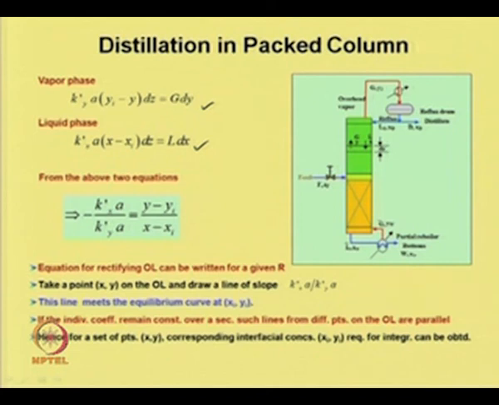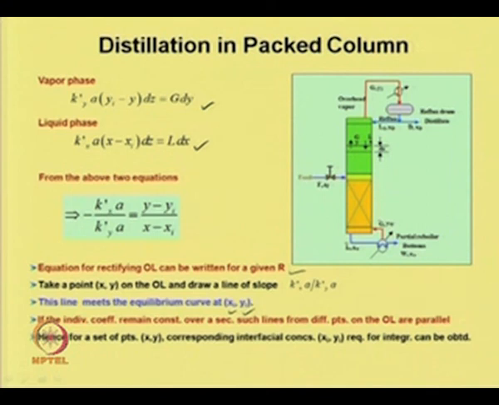We know the equation of the operating line for the rectifying section for a given R, and we can take a point x, y on the operating line and draw a line with the slope of minus kx dash a divided by ky dash a. So, this line will meet the equilibrium line at point xi and yi,